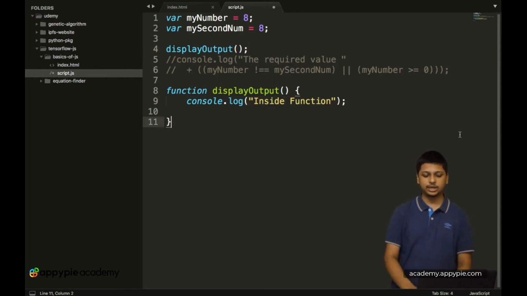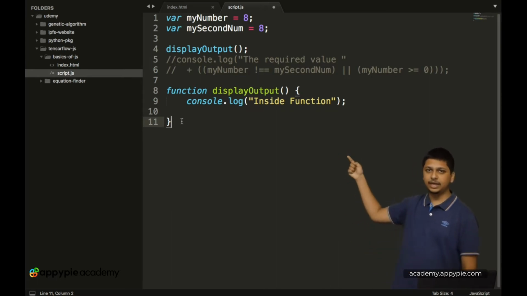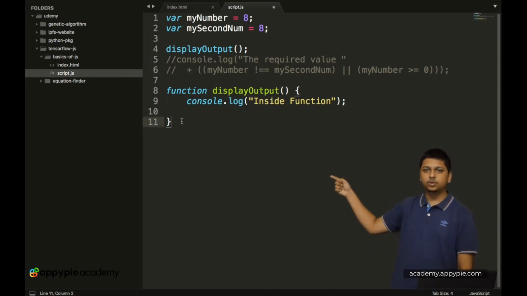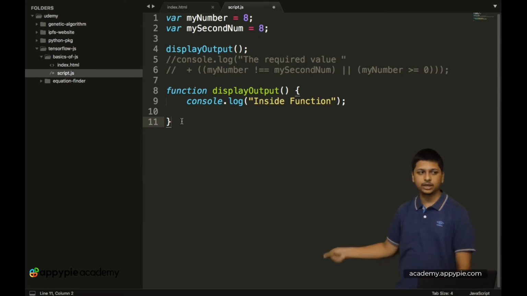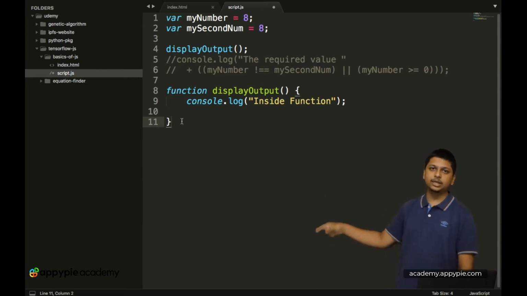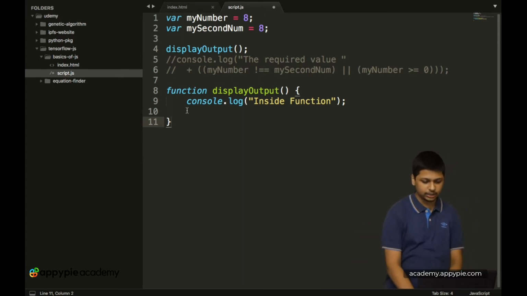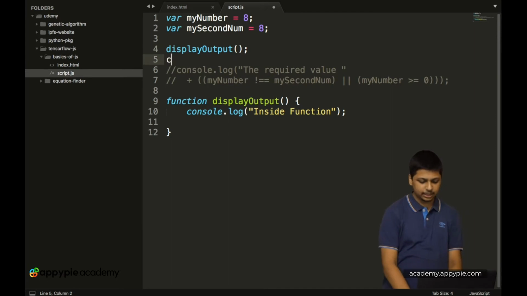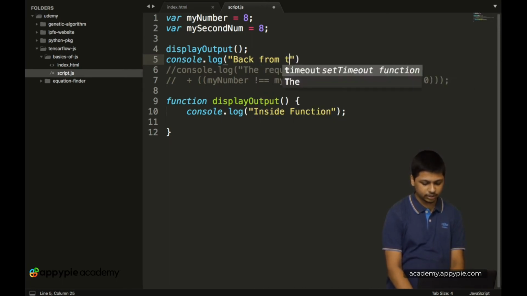Essentially the workflow is that you first have the variables declared, then you get onto the function, you go inside it, and then you come back. So after the display output function, let's type in another console.log, and let's type in "back from the function".